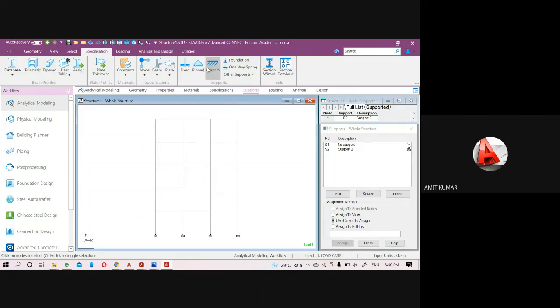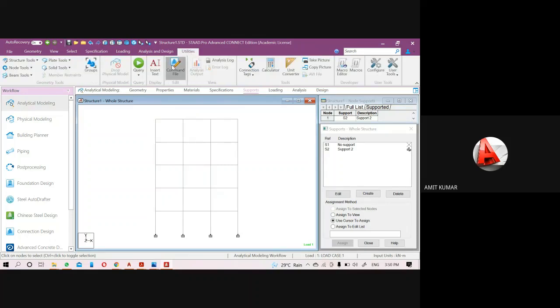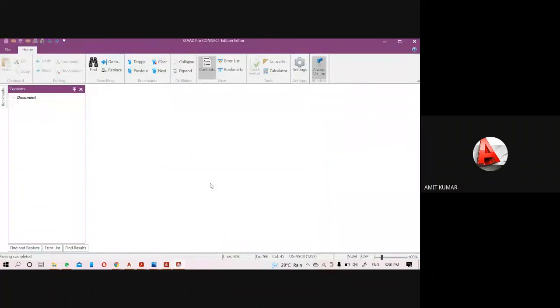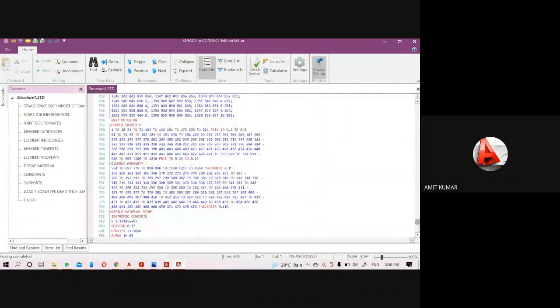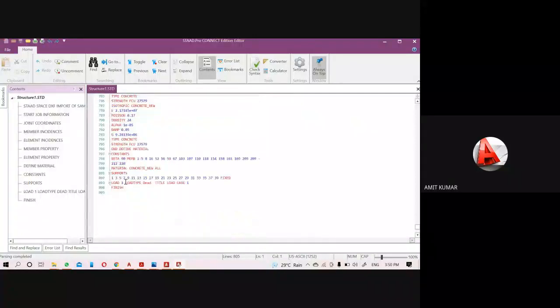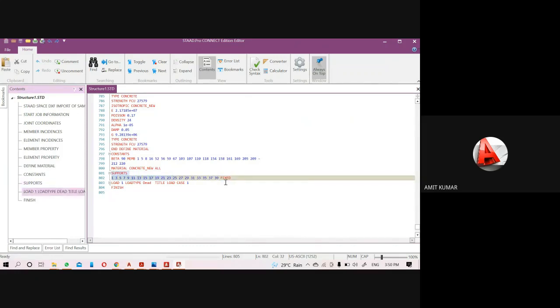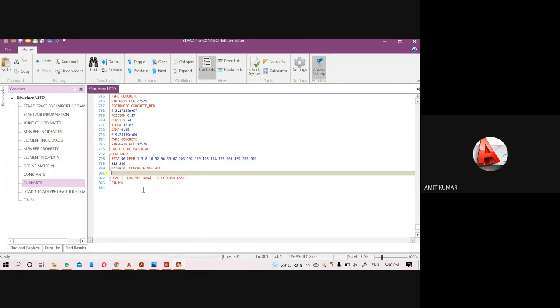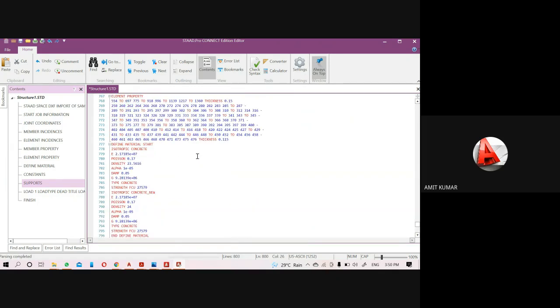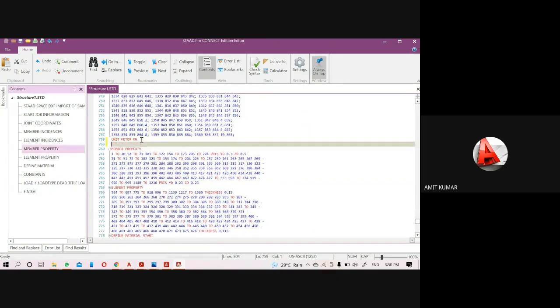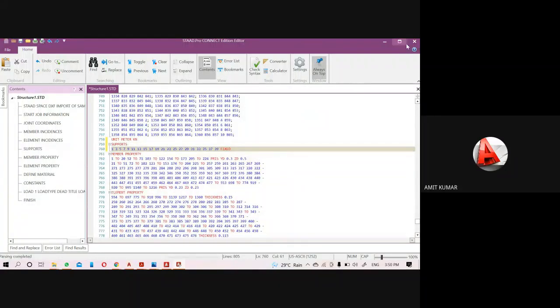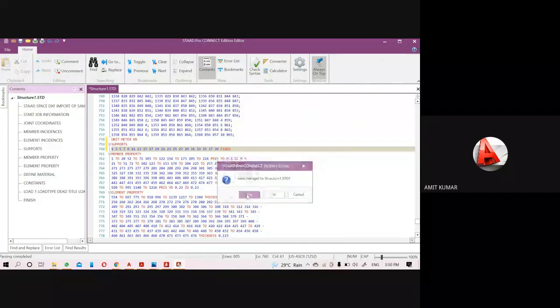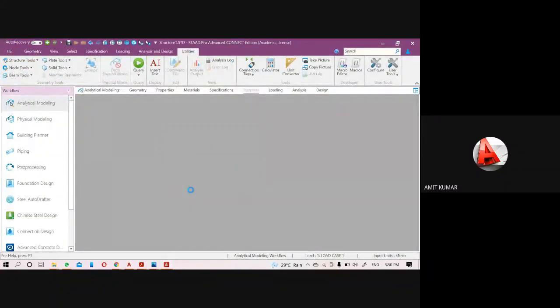So we can change it through the utilities menu. Come to the utilities, go to the command file, just save it and come to the last point. You will see here at the bottom, I just created the support. So just select the support here, and it is a fixed support. So you will get the complete properties and details of the project from here also. Just select them and cut them with Ctrl X, then paste it before the properties. That means the support has been defined before the properties assignment.